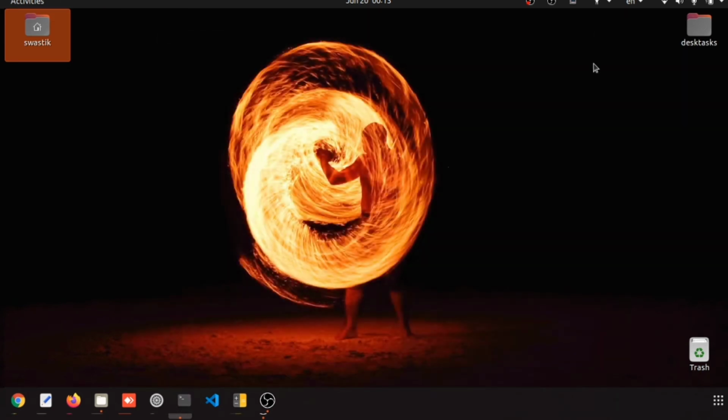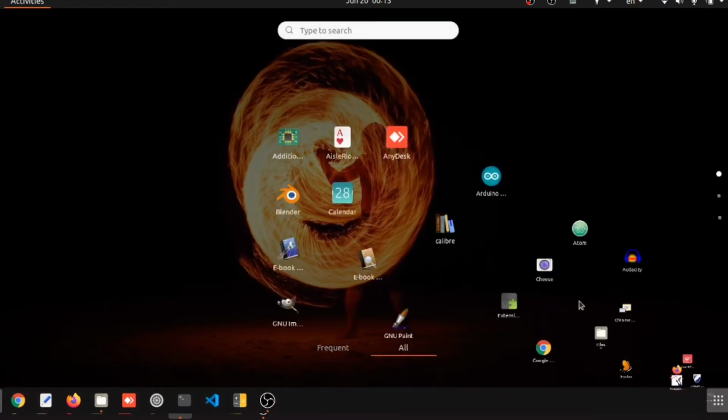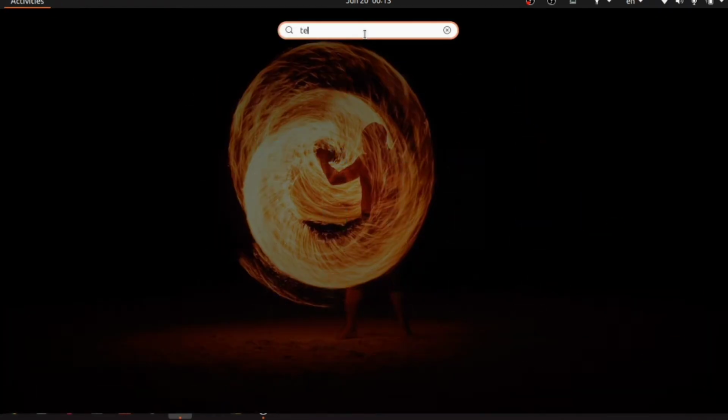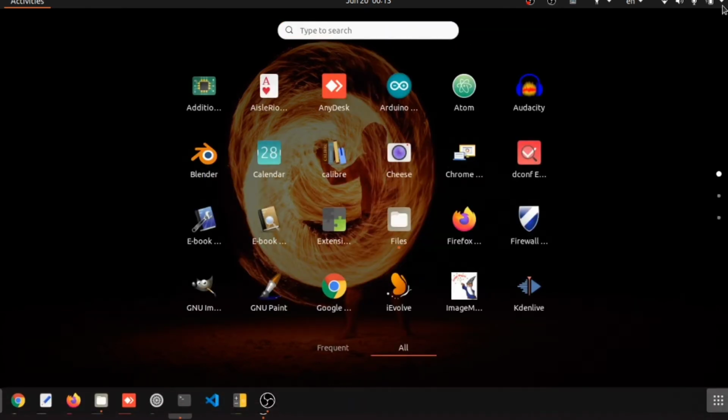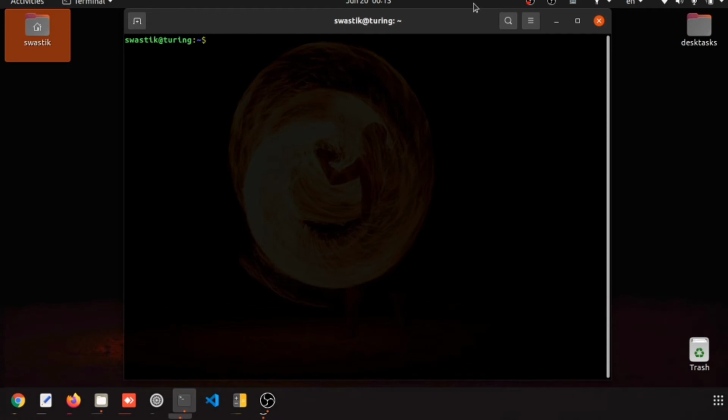Also, if you don't have this in your system tray, you can simply go here and type terminal to search for it and press enter. There is also another shortcut for Ubuntu, that is Ctrl Alt T, which will open your terminal.